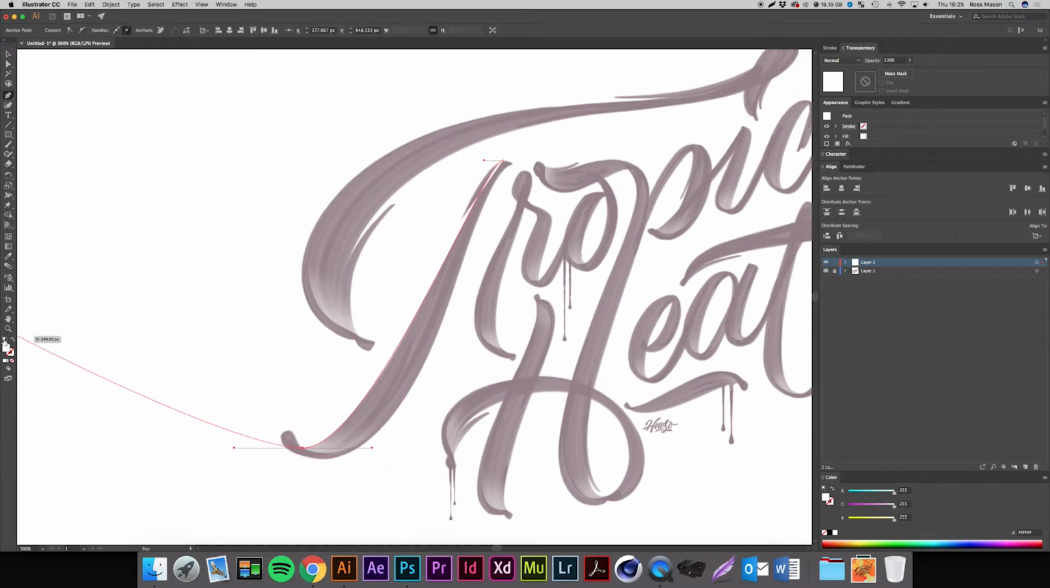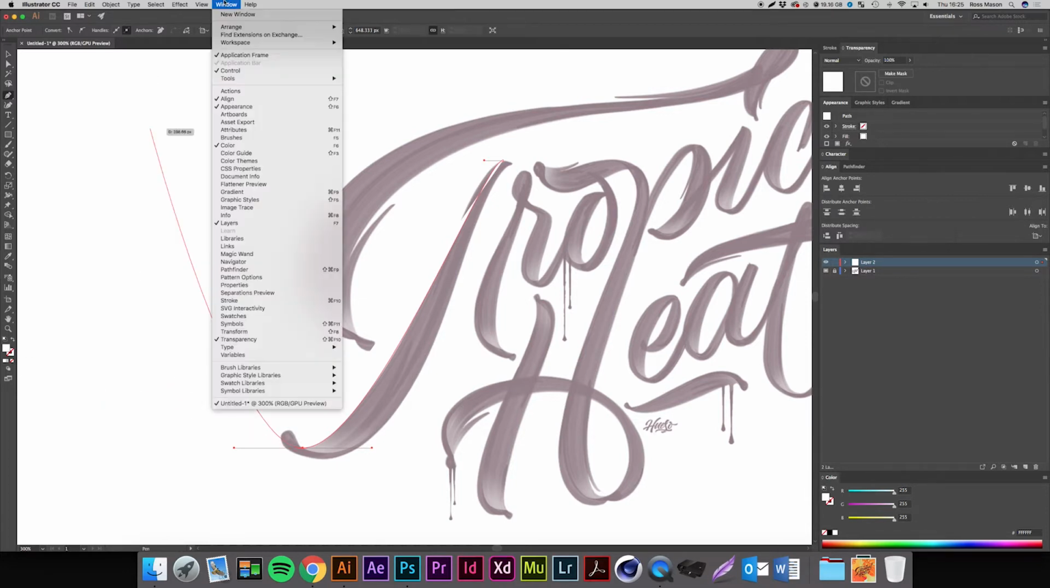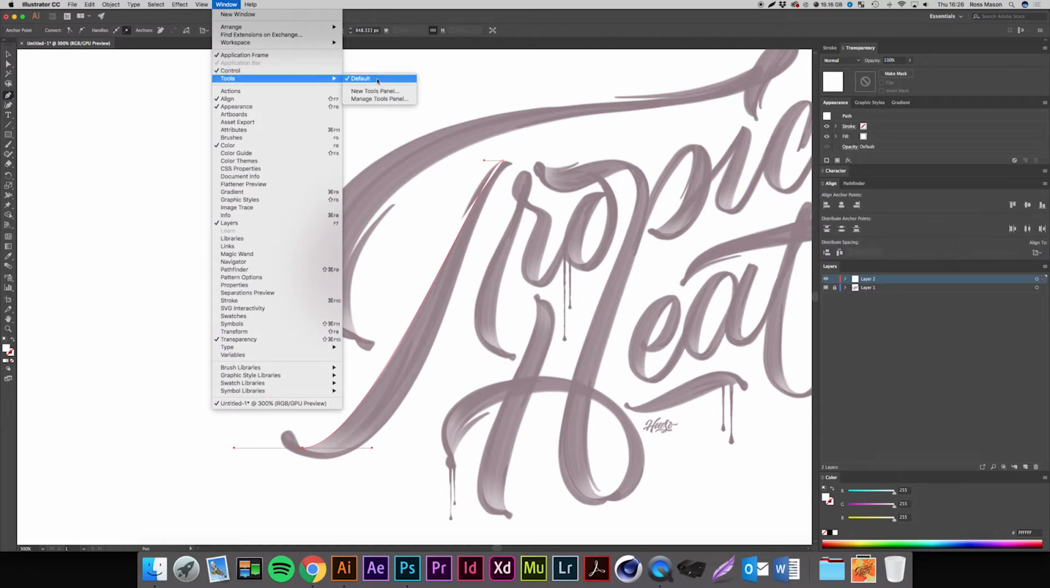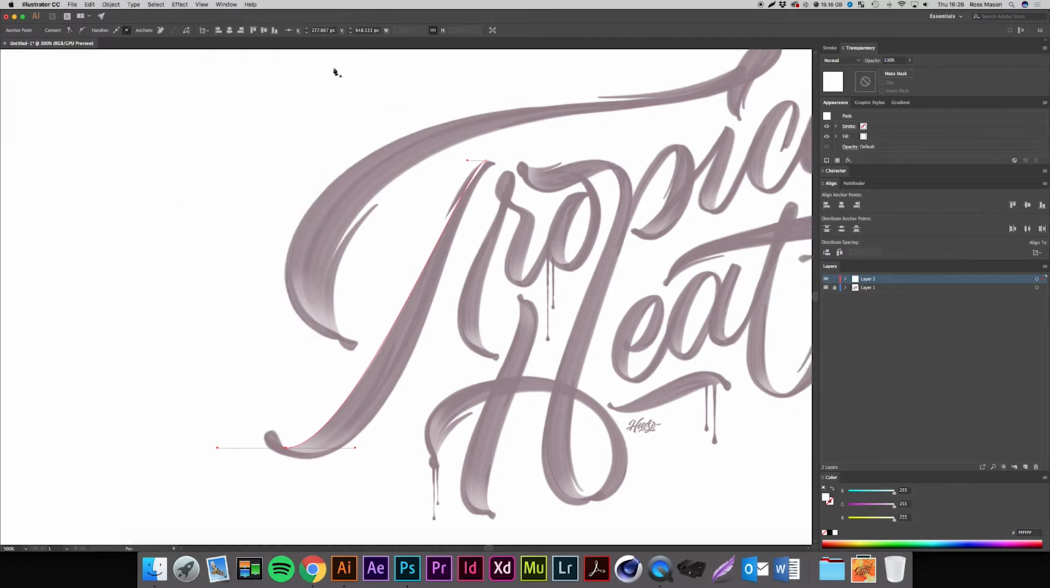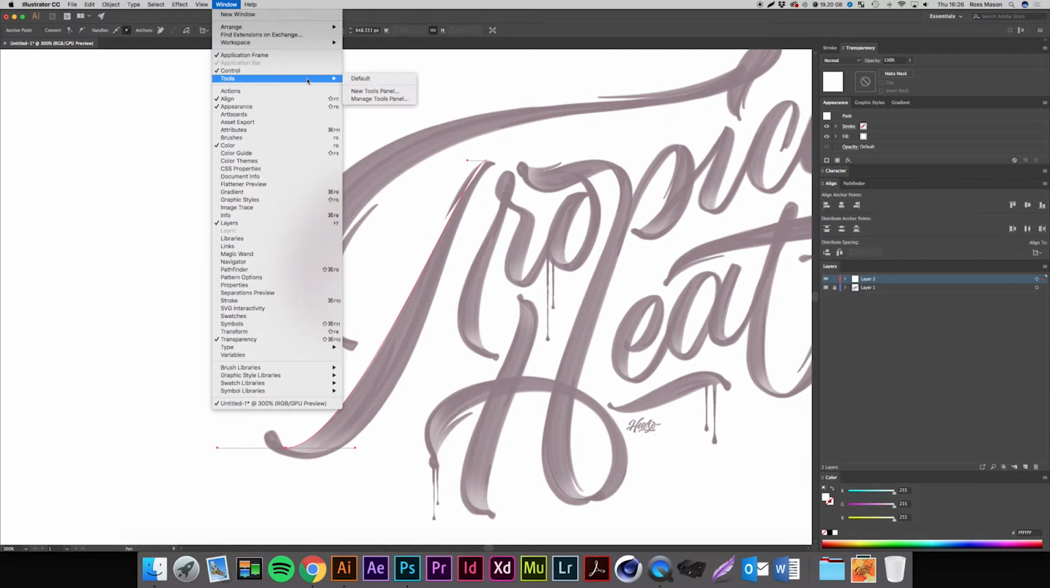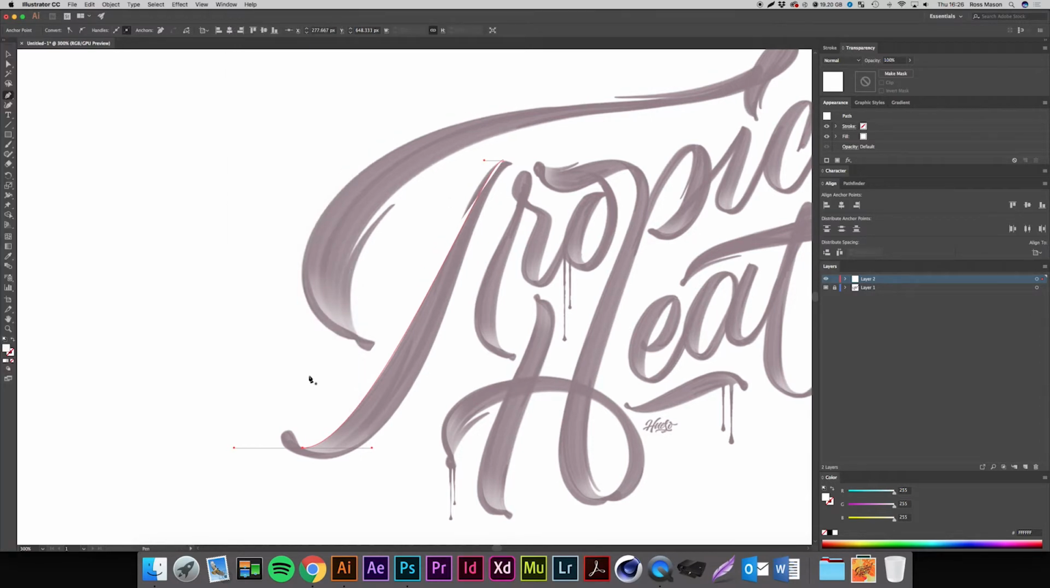I'm just going to make sure that I've got this selected as a stroke, so I can come up to our toolbar on the left hand side, and again if this isn't showing you can go to Window, Tools, Default, just make sure you've got tools selected. So we're going to come down to the bottom of the toolbar, and you see this white icon that's on the foreground, that is the fill, and the background is the stroke. So if I just press that arrow to swap them,